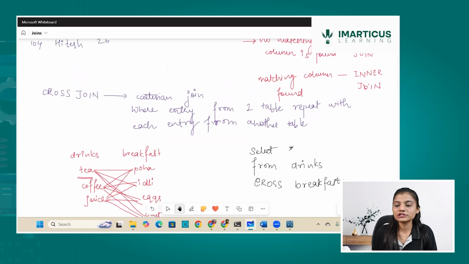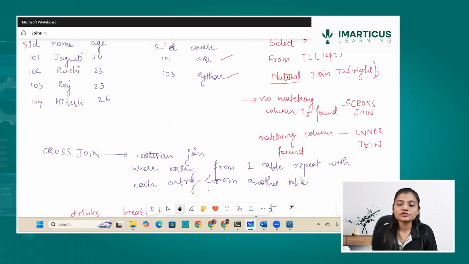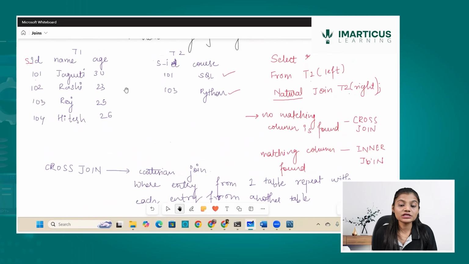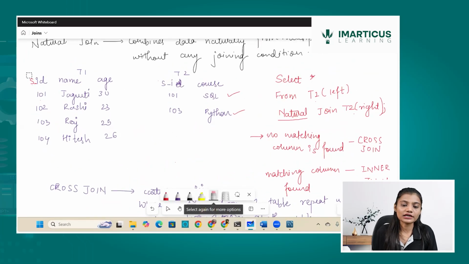So here if you can see, when I say no matching column is found, it performs cross join, which means if I say that instead of this student ID, it was just ID. So according to the natural join, when it is naturally going and searching for a common column to find a join, it cannot be found out over here, because there is no common column which can show a match. So what it is going to do, it is going to repeat a cross join over here.